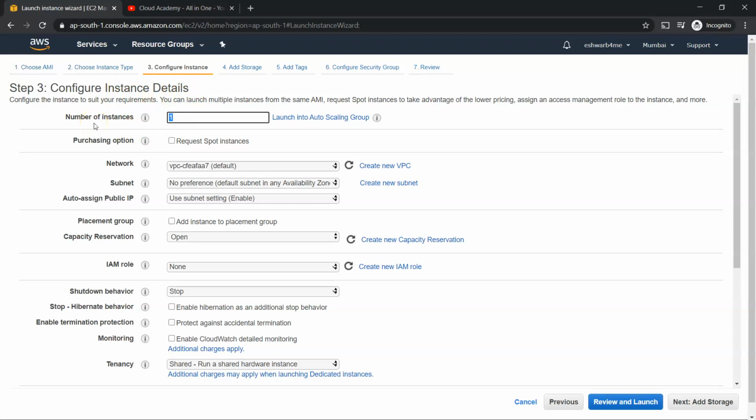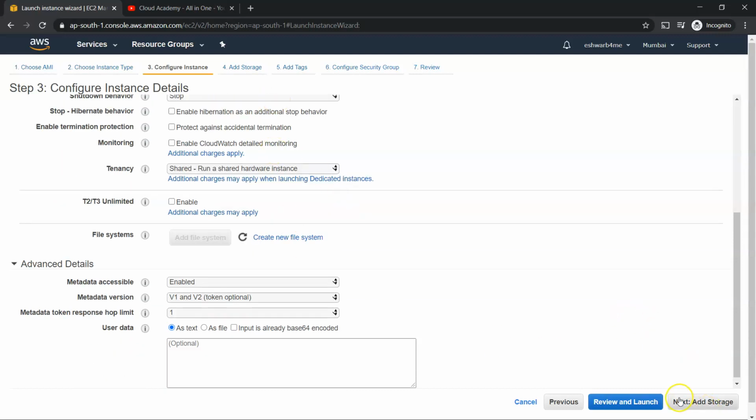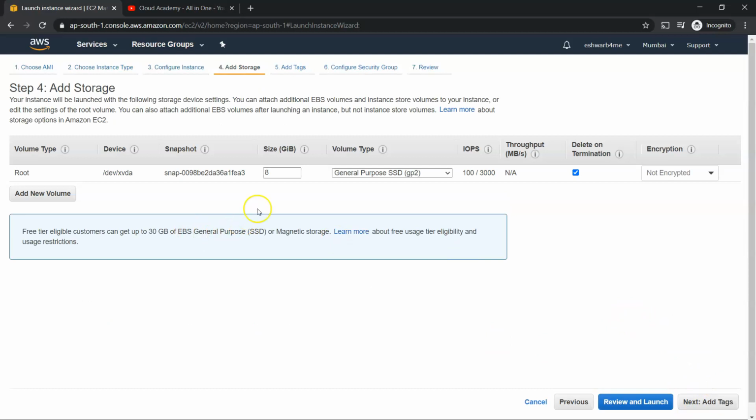In case you need multiple instances of the same, you can set the number here. And if you have a virtual private cloud, in case you want to set up this particular instance under your private network, you can create one and then push it to that particular VPC. So I'm just going to skip all those things. These are just general parameters like what should be your shutdown behavior, what are the IAM roles you are going to assign to this. All these parameters you can easily understand. Next, add the storage. You can add additional elastic block storage, or you can just leave it with 8 GB. If you need more volume, go ahead and do that.